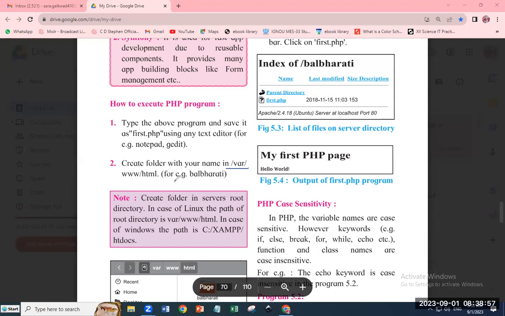Now I have to store my program in the root directory. What do you mean by root directory? The directory in which I have PHP installed, or the root directory of my server. The server which I am going to use, I can go in that particular server and save my files or create a folder. First thing I did, I wrote the above program and saved it as first.php